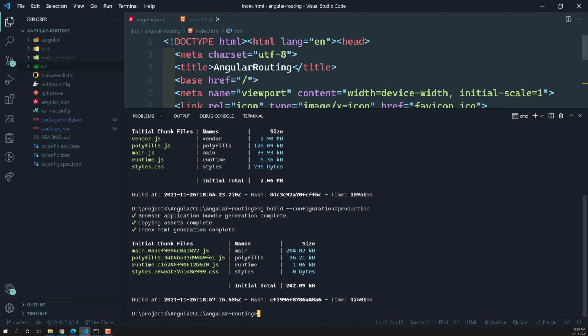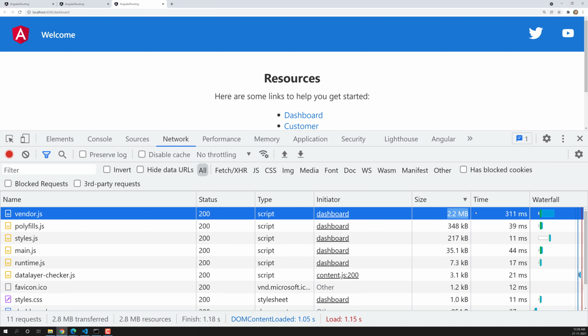Now the thing we need to learn is, we have seen the list of files that have been created. Normally it is taking 2.2 MB in the development mode. Now we need to know what code exists in that vendor.js file, so we need to debug. We need to decrease the file size. So for the 2.2 MB we are getting 204 KB, which means if we decrease the file size to 1.5 MB or something like that, the production file size will decrease to 100 KB. And we also want to debug the production build files.